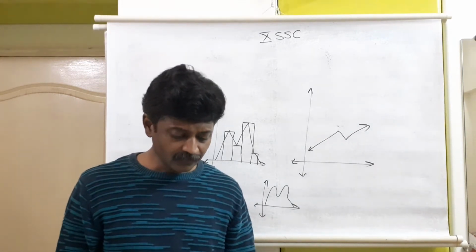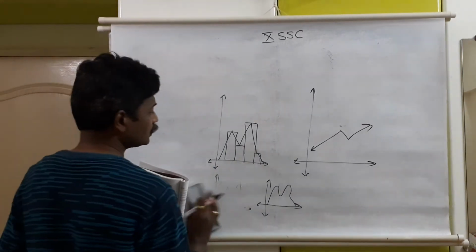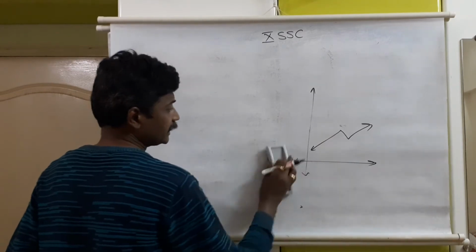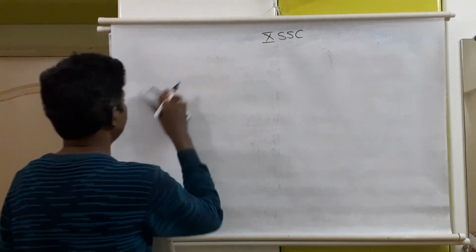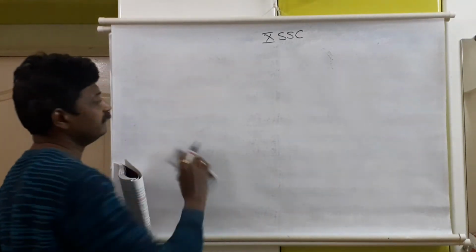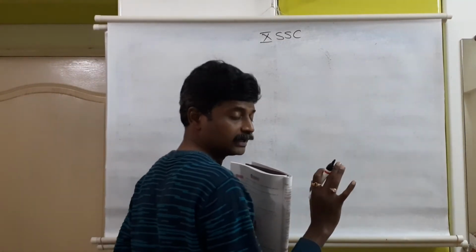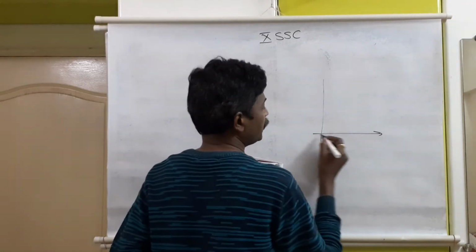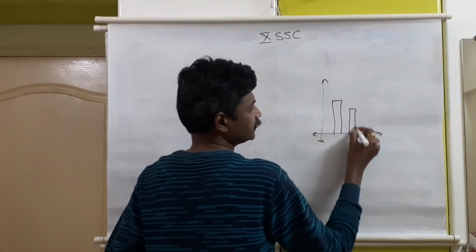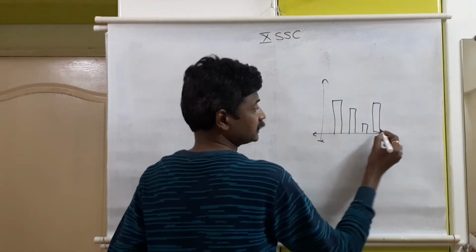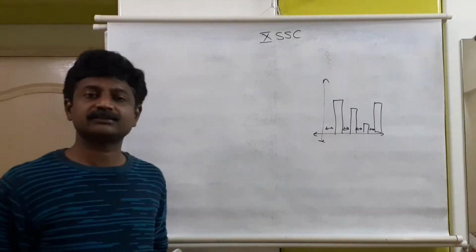So these different types of presentation we are going to study. Out of that, let us continue with the first one, that is the histogram, which is there in our syllabus. A histogram is nothing but representing the given information with the help of rectangles, but they will not be away from each other, they will be joined. See, a bar graph is different, a histogram is different. In a bar graph, the first class, then after a certain distance the second class, then the third class, then the fourth class. So there is a common gap between the successive classes, that is a bar graph.